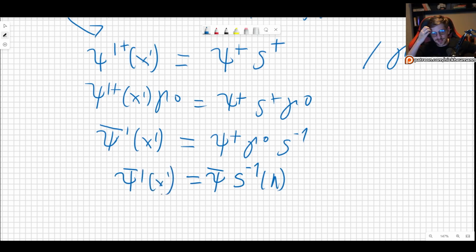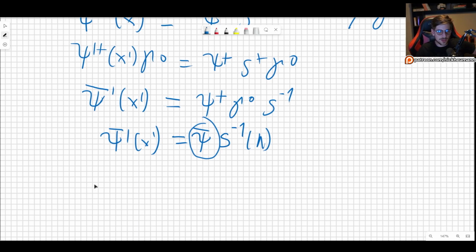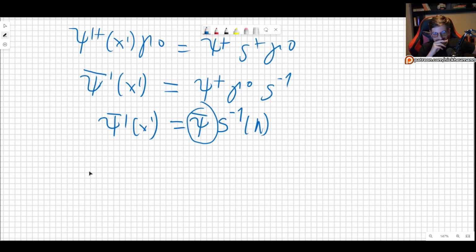So this is very interesting, because this tells us that the adjoint here transforms inversely, right? You don't transform it from the left times s, but rather from the right times s to the minus 1, which is pretty interesting, and we will take a look at that more in the future. All right, and now what this does is imply that a product like psi Hermitian adjoint